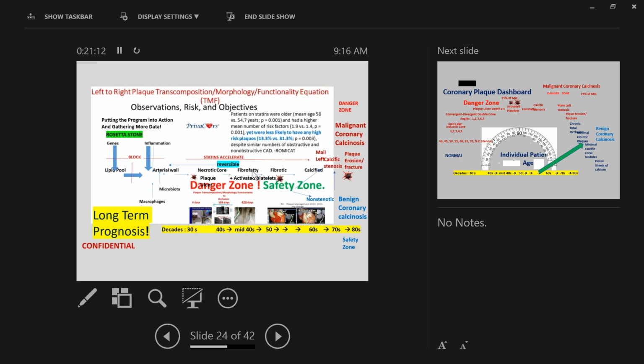And so you proceed into fibrofatty plaques, and then fibrosis, and then calcification, and then people in their 60s have non-stenotic benign coronary calcinosis, which is a safety zone, but some will develop main left calcification and stenosis, plaque erosion, fracture, and some of the more malignant manifestations, but most will be benign coronary calcinosis, although we see some people that really never resolved the issue of necrotic core, and they keep forming necrotic core as if they're in their